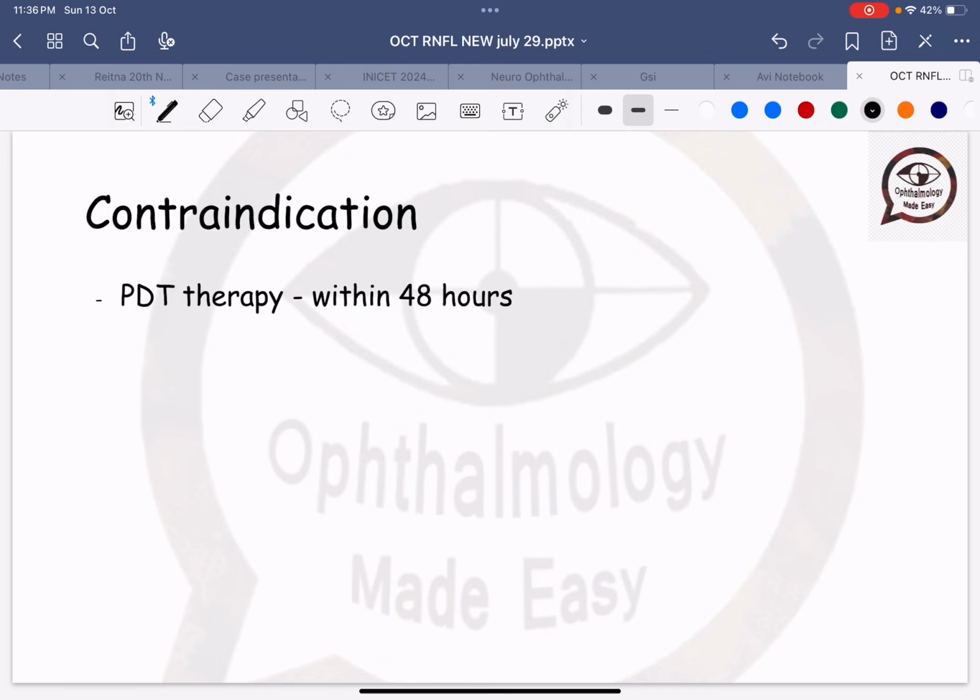But if the patient has undergone photodynamic therapy for any retinal lesion, you should avoid it for at least 48 hours. So this is an MCQ you should remember for